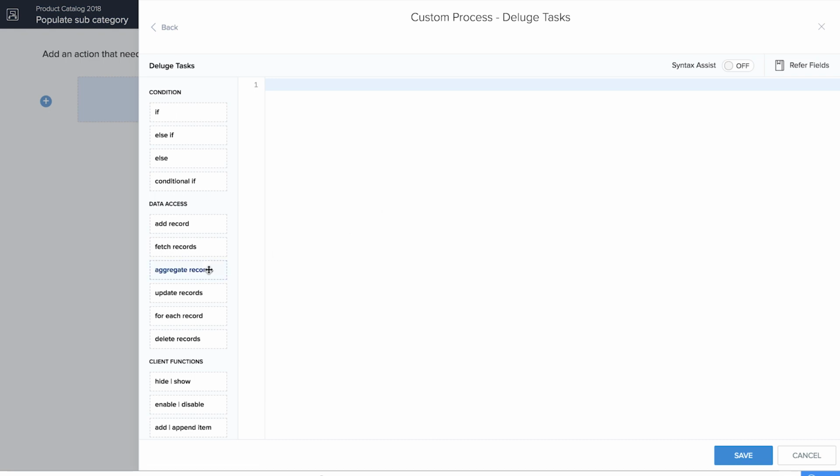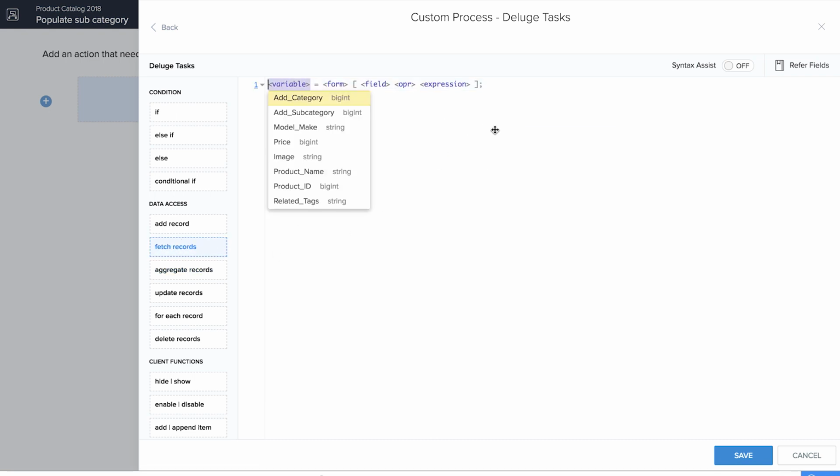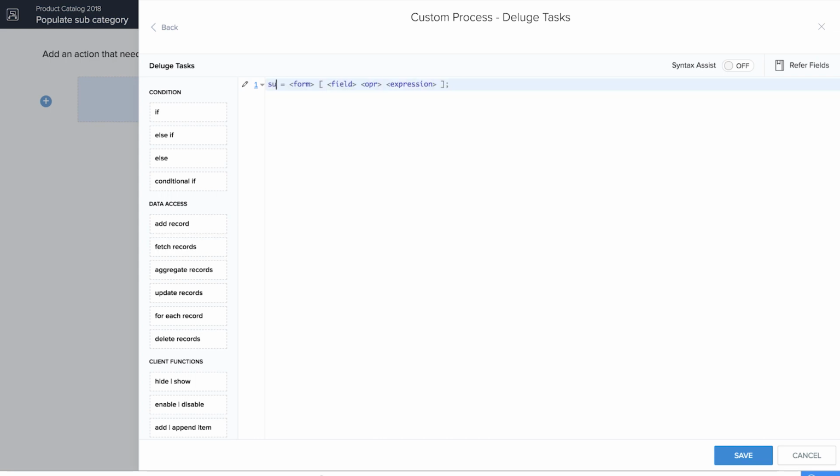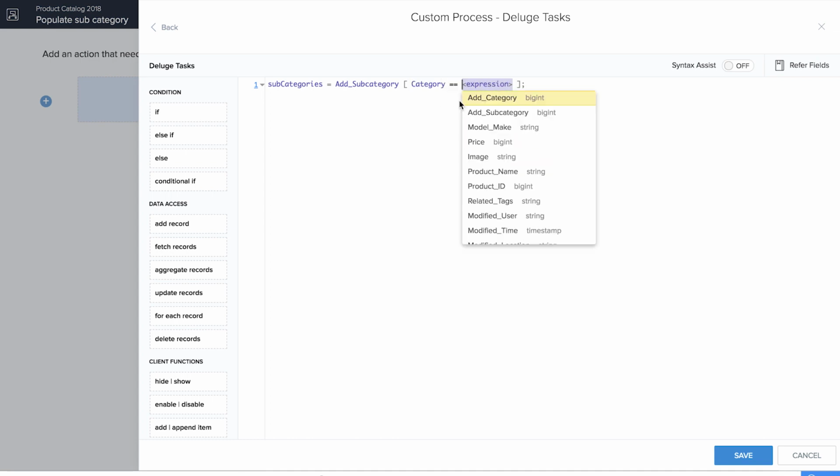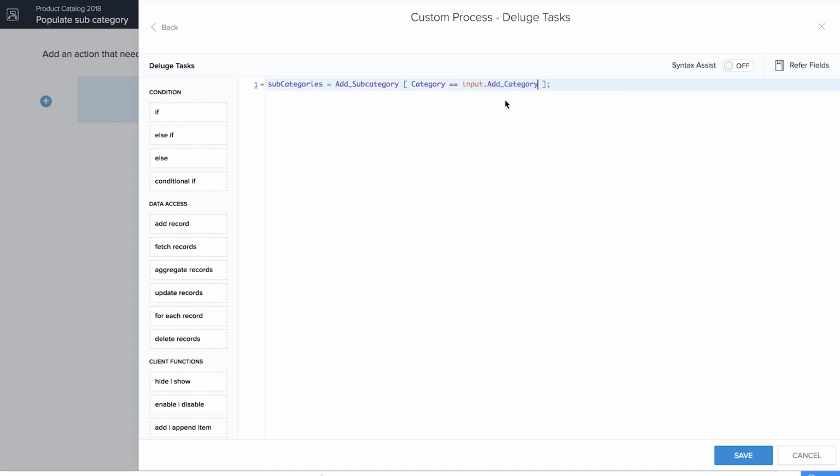So first I'll be using this fetch records task here, which will be used to fetch my records from another form. That is not the current form. I'll name my variable as, let's say, subcategories. I want to use the form add subcategory. So if the field add category equals input dot add category, then I get the ID